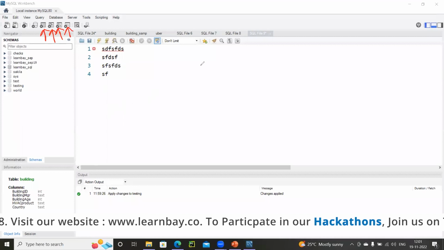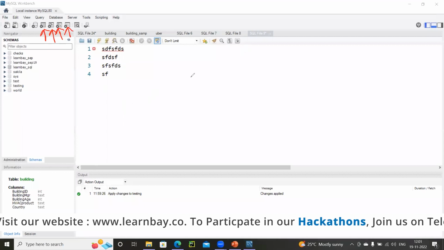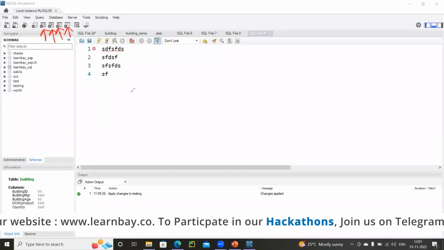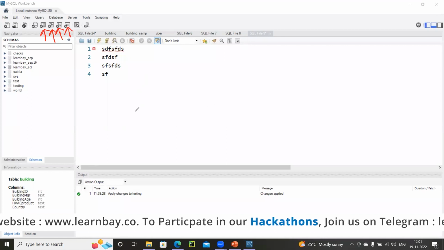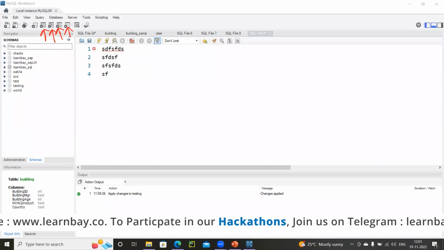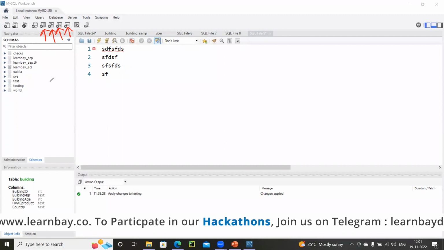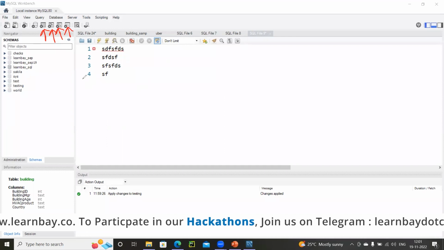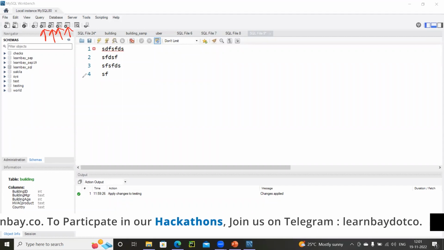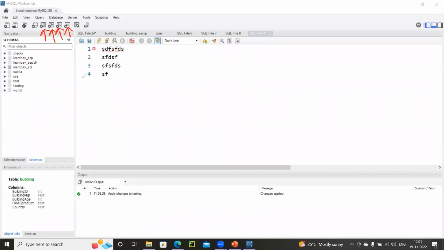I will be showing you how to write them through commands, because learning through commands is very important, because you can use the same command in different RDBMS. If you rely only on the IDE, the GUI part of it, then when you start to work in a different IDE, you will find it difficult to cope. So I would suggest that any day, learn the commands. Run all your statements through commands. Of course, you can get the benefit of your GUI at a point, but don't always rely on the GUI part.